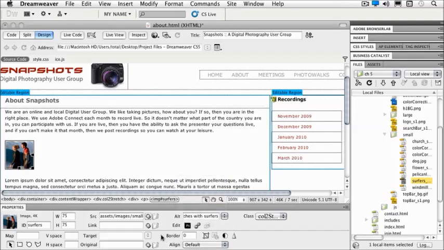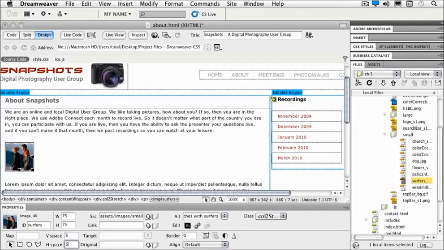If I had a link for this particular image, I would have a target, and I also have a place for an original. So I could link this to an original Photoshop file. My VSpace and my HSpace is something that, while it's still in my property inspector, we don't use much anymore. If I put a VSpace or an HSpace in here, for instance, I'll just put 5 for each, you'll notice that now I have a spacing of 5 all the way around my image,